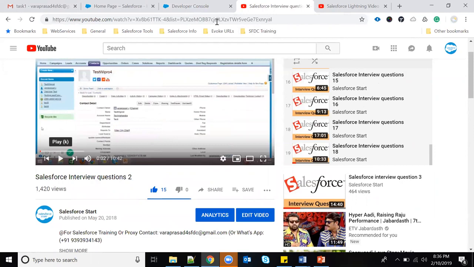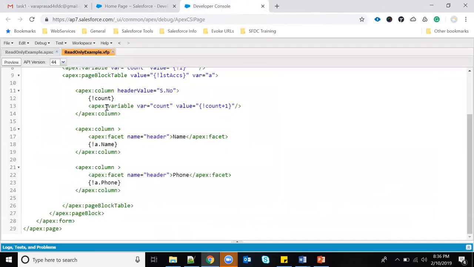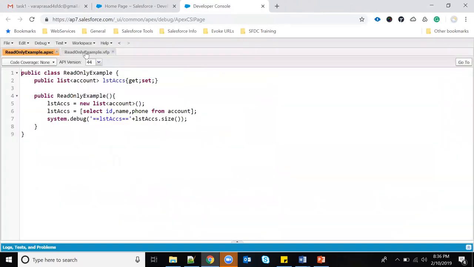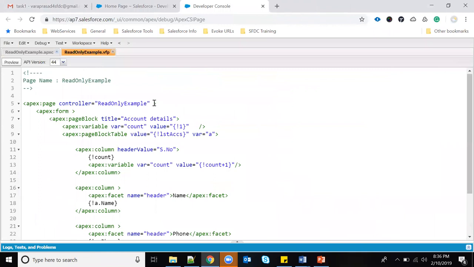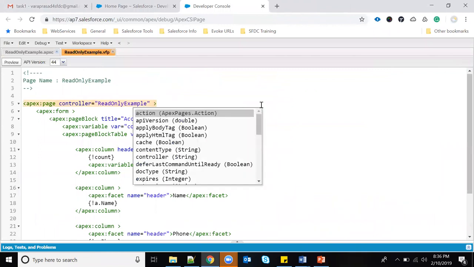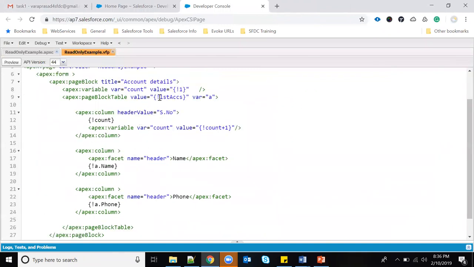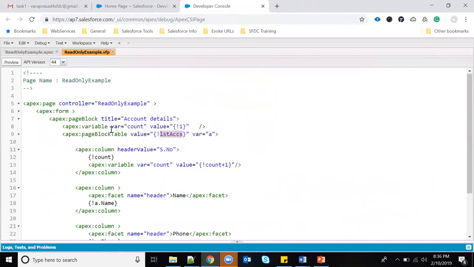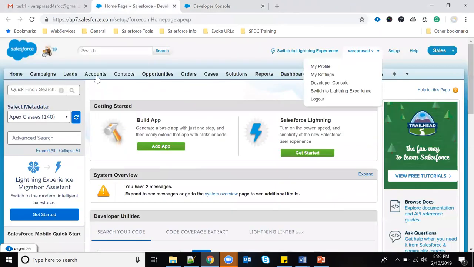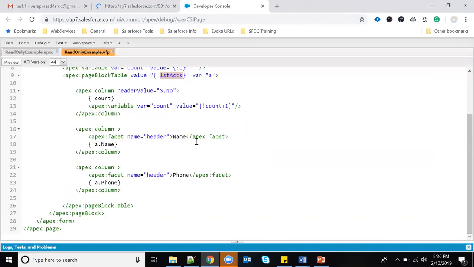So this is a sample class I have written, and this is a Visualforce page. Currently I don't have the readOnly attribute equal to true, and I'm displaying a list of accounts here. Before that, I will show you how many records are there in my Account object, so that you can understand how many records it will display.